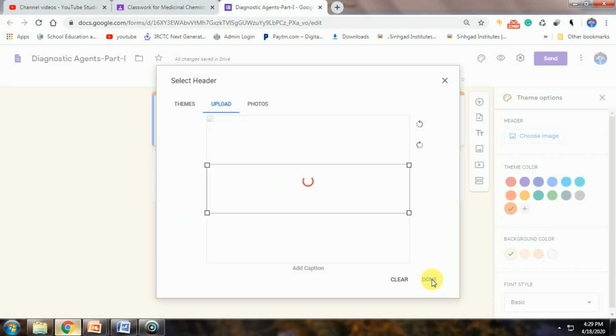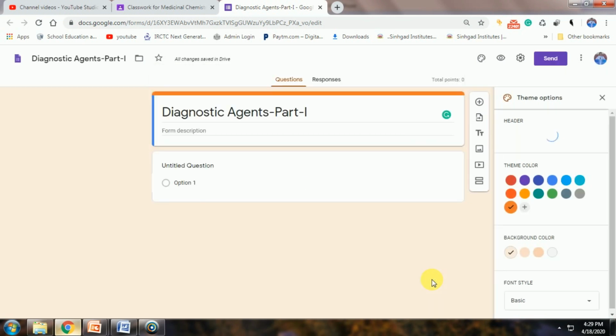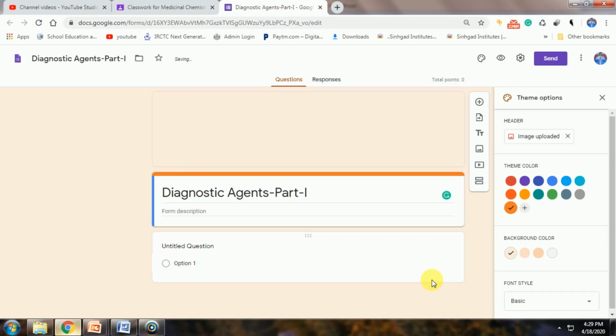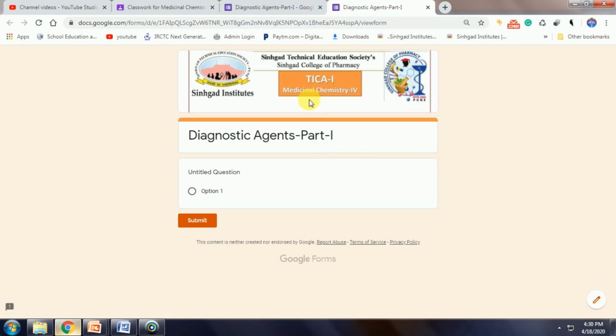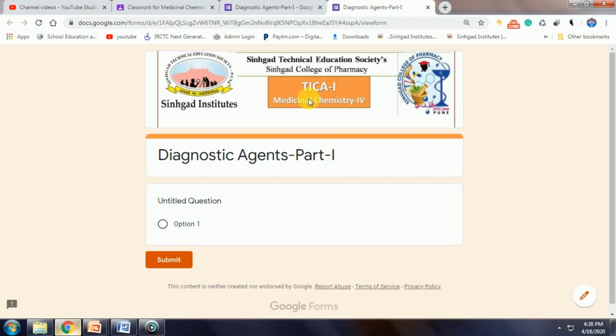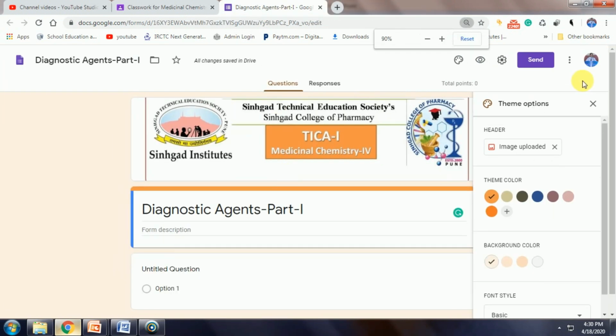and the image we have just created along with the logo and the title will appear on the top, same as the previous image. So now you can see this is how we can design or create a specific heading for our MCQ test. You can also view it from here. This is how the student will see it. Your college name, college headings and college logo, you can put the name of the subject, everything you can put. So this is how you can design the heading for your test.